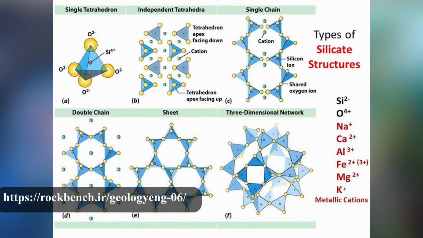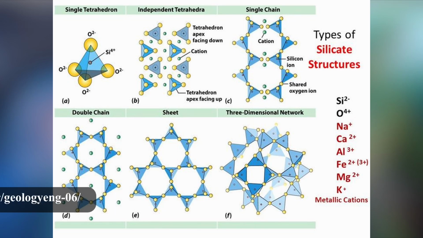So you can have isolated tetrahedra, and in order to balance out the charge, you'll need to have positively charged ions spread throughout the lattice as well. Typically those can be magnesium or iron or other metals like that. Metals are typically positively charged when they're in the ionic form. And so that's olivine. Olivine is comprised of single tetrahedron units with the charge balanced out by cations. It doesn't have any cleavage planes because there's no characteristic planes of weakness.